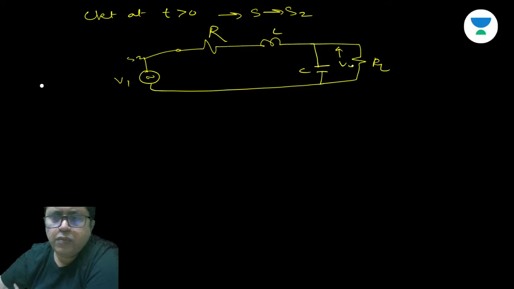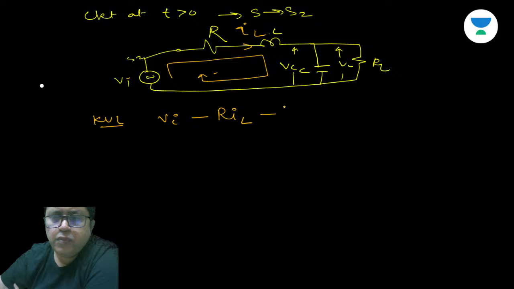This is V0, this is Vc. Okay, so if I apply KVL to this internal loop, this will be current IL. So if I apply KVL, I will get Vi minus R IL minus L dIL by dt minus Vc equal to 0, so that I will get,